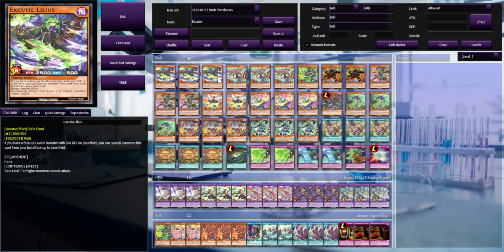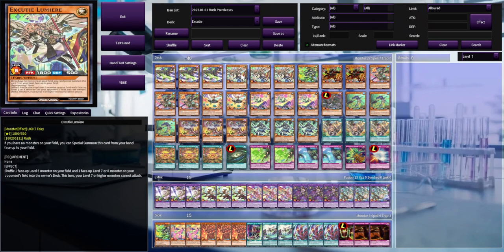Let's quickly go over the card by card for my build here. 3 Lilius, very important. It's a big beat stick, 2500, very good to beat over basically most things that you have to worry about. Lumiere is a removal spell for the higher level monsters. Not as good in the mirror because it only hits level 7s and 8s, but I still think this is